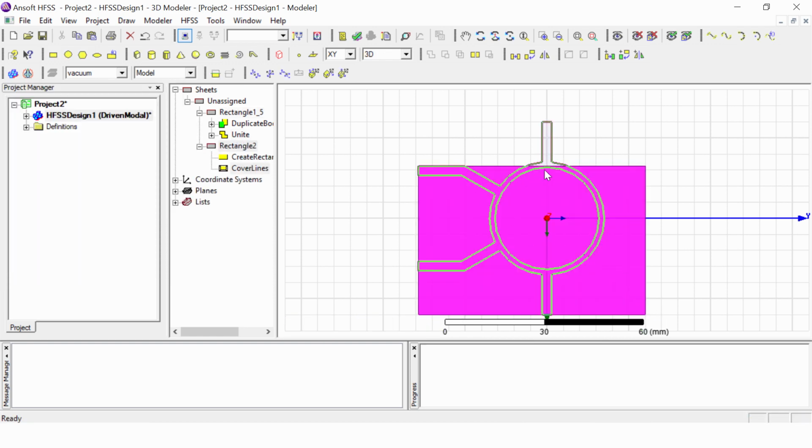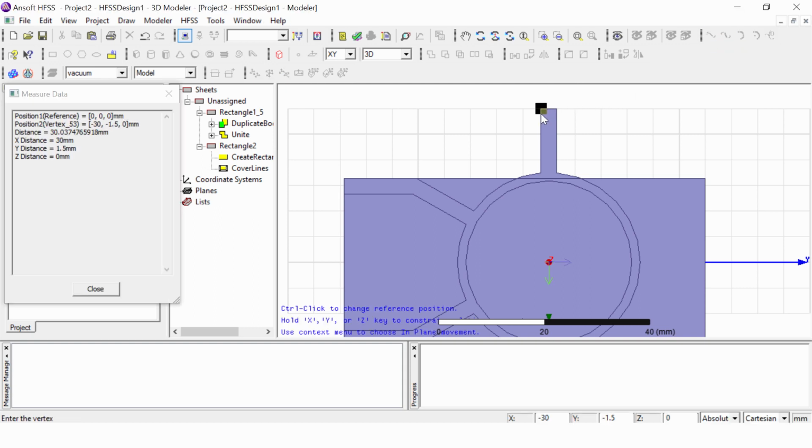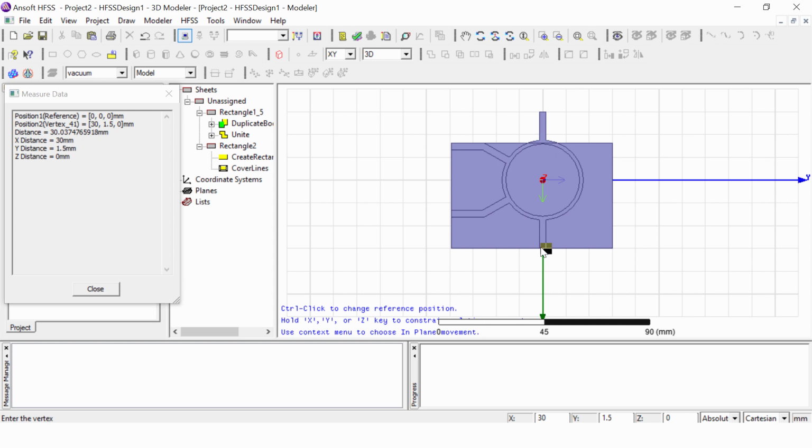So the rectangle is drawn, but we still have to adjust it. So let us check the dimension of this corner. For that we can go to the draw line, and by placing here you can see the dimension in the x direction is minus 30. Similarly, when you place here you can see plus 30. That means this is minus 30 to plus 30.